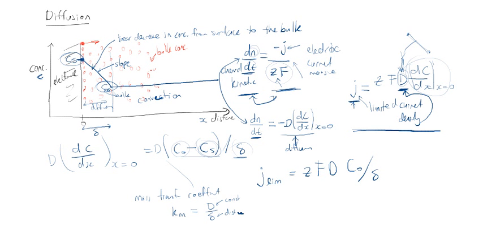So if we have a smaller distance and a constant diffusion constant, then we're going to have more mass transfer. If we make this distance smaller, we're going to have more mass transfer because there's less distance for it to move from the surface to the bulk. So a smaller distance is good. You get faster mixing. If the diffusion constant goes up, of course the mass transfer is going to increase as well because the molecules can move quicker through that solution. And so this is quite a useful constant when we're considering the movement of ions through some sort of solution. So now we've got J-lim, and we can